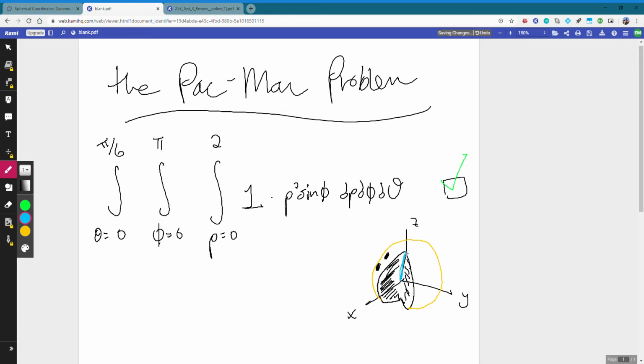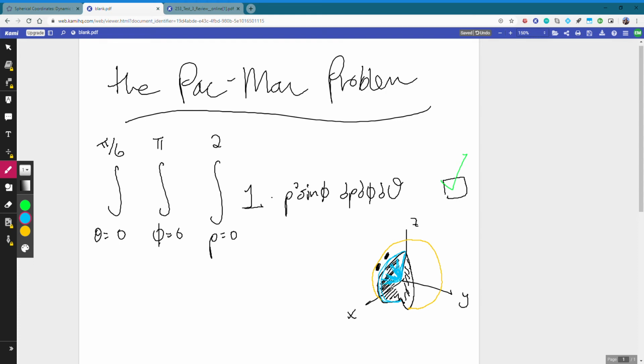Moving that to pi is going to move us all the way down to the negative z-axis. And if we let rho move from 0 to 2 for each of those angles,